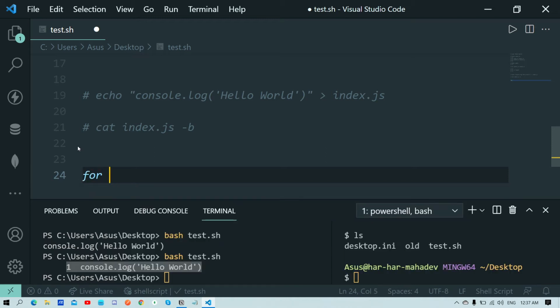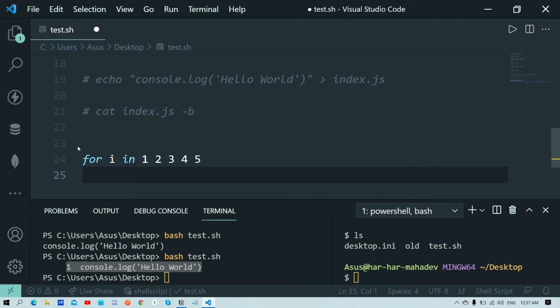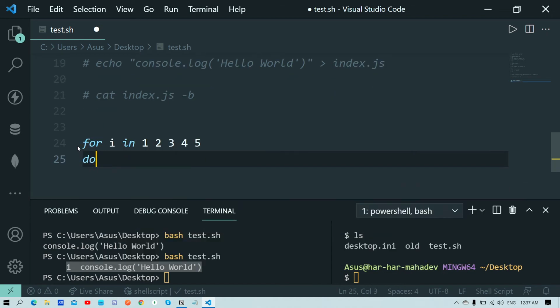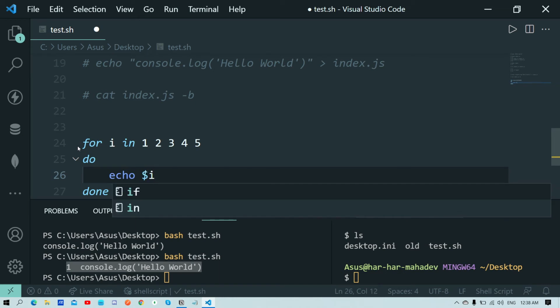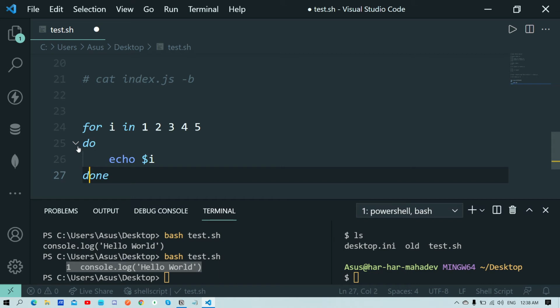So for i in 1 2 3 4 5, space separated, make sure, so it will loop through the values. And make sure we use do and done, not then. Do and done, and here we will write echo $i. This is very important. This is how we use variables over here, preceded by the dollar symbol.